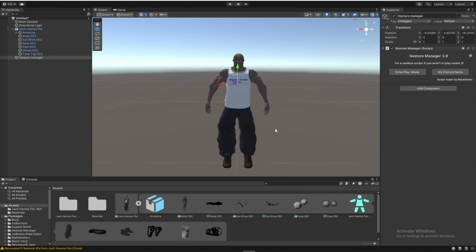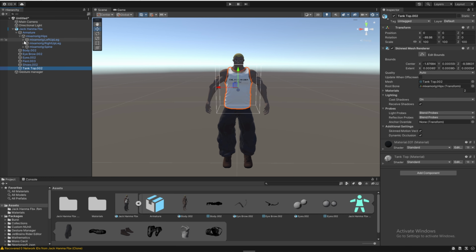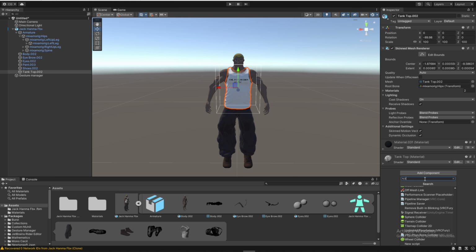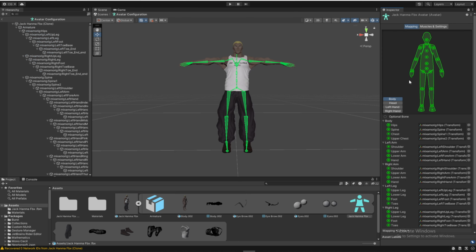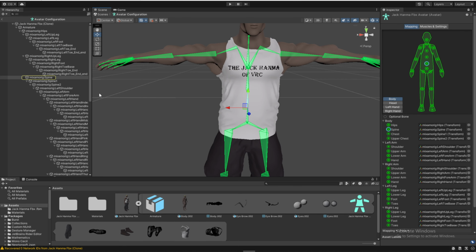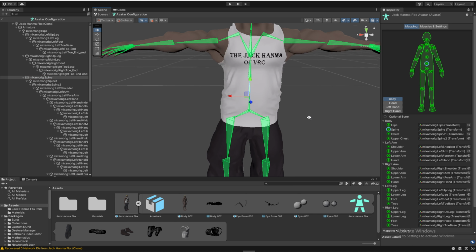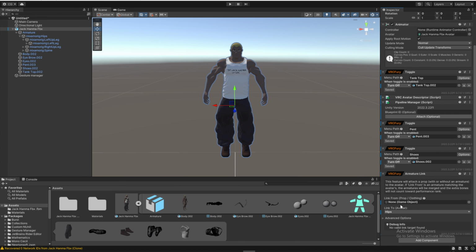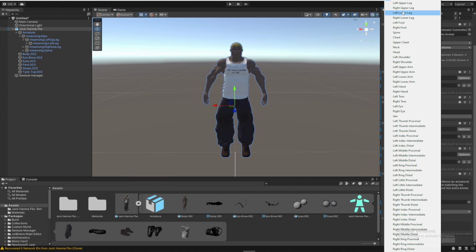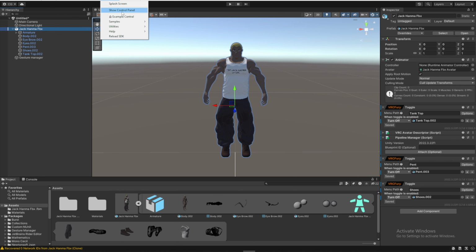Exit play mode. Select your object. Go to add component and search for armature link and add it. Now go to the armature settings here and look. For example, since my tank top needs to be linked with the spine bone, look at its name in the hierarchy panel. Similarly, the shoes will be linked with the left foot and right foot bones. Drag and drop your object onto the game object field and in link to avatar, select the bone with which you want to link your object. And yes,